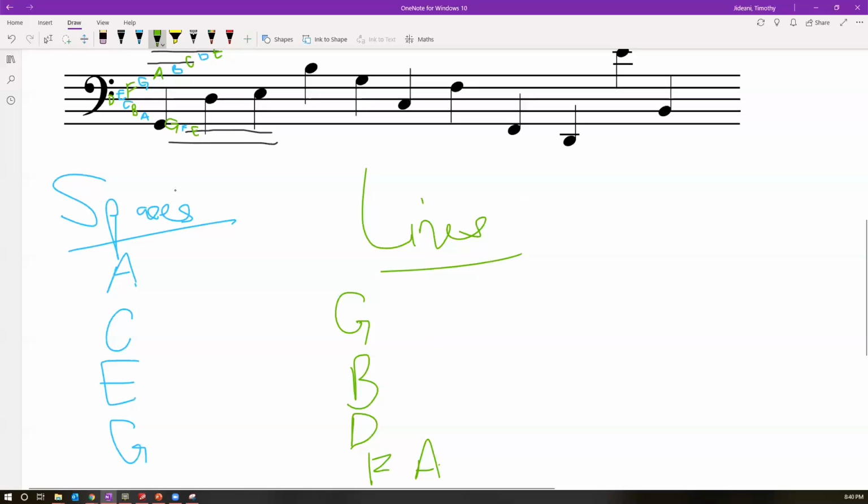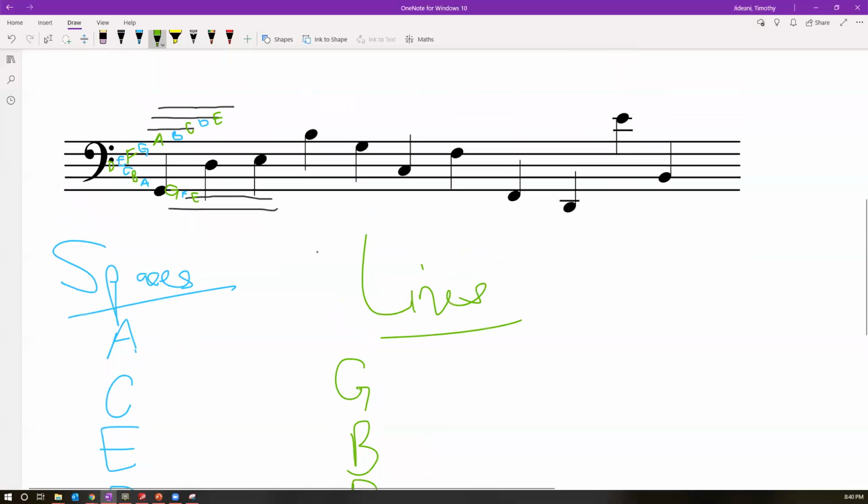All cows eat grass. So there, from the bottom, remember we're going up. All cows eat grass, all the spaces. And the lines we have, G, B, D, F, A: Good birds don't fly away. Okay, so with that, we've constructed that. Now we can